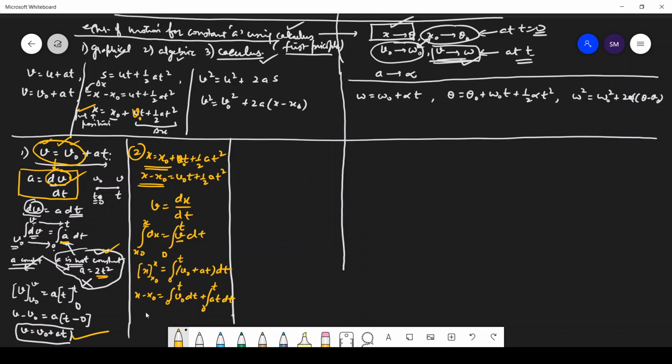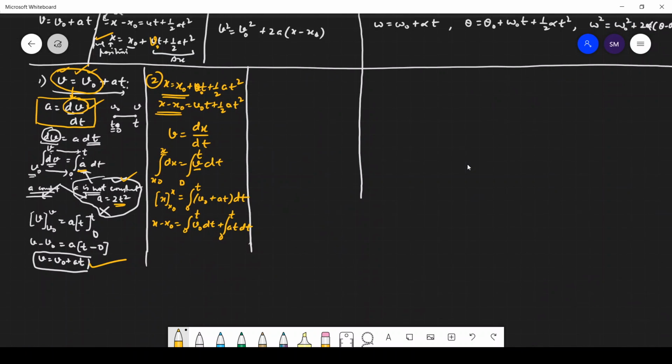Now here it will remain the same. What do you get here? That's equal to, so v naught is constant, v naught will come outside, and that's your integration of dt, t from 0 to t, plus,